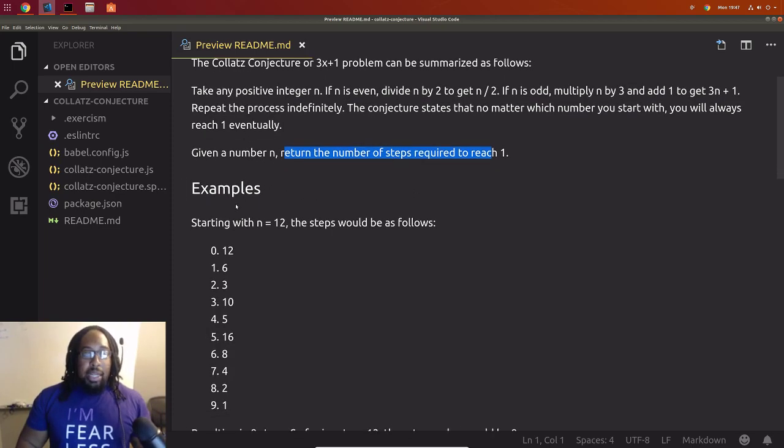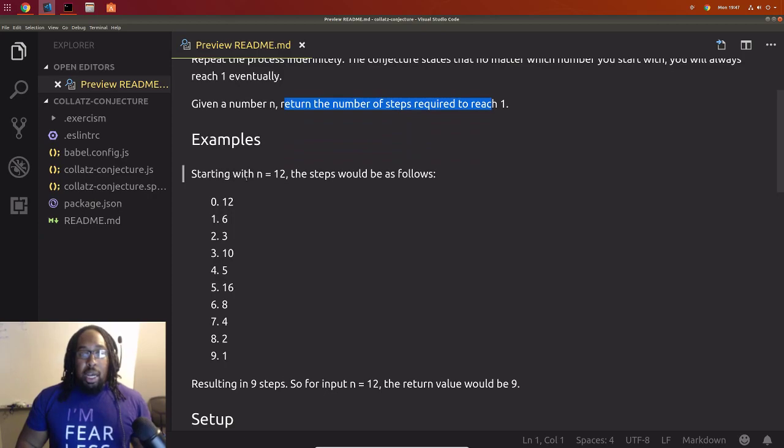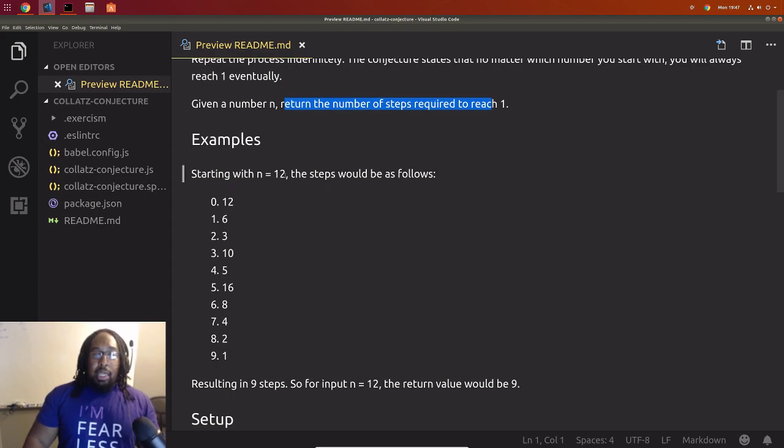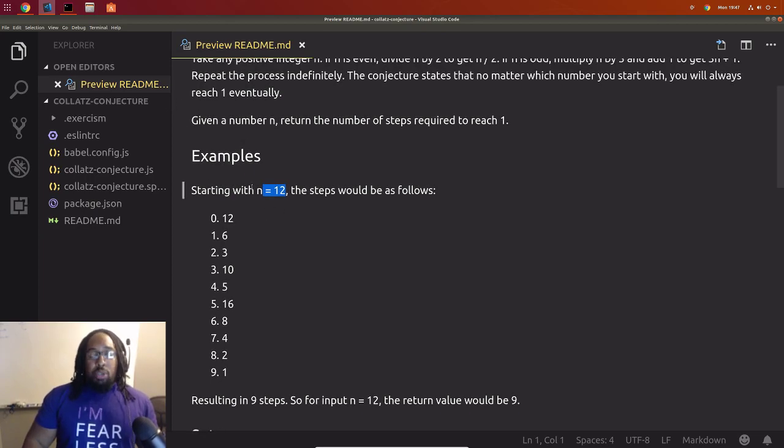So what do we got here? We got an example here, and we're going to start with n equals 12. So let's work through this. So forget the code for now. We're going to work through this mentally and see how we can get down to what it wants. So it looks like the first step, we would pass in 12, we would determine if it's positive. Well, we know 12 is a positive number. The zero step, basically, we're going to pass in 12, it's going to give us 12.